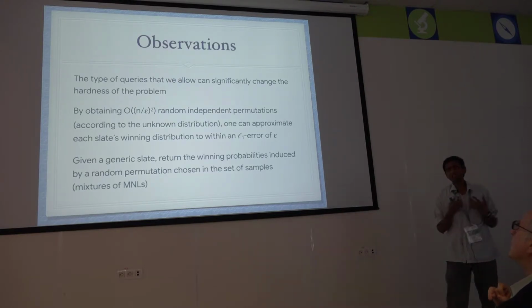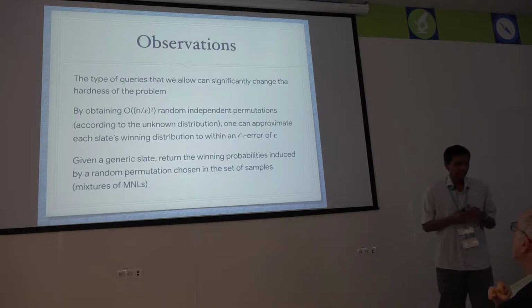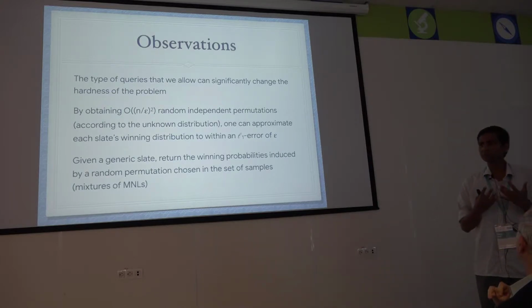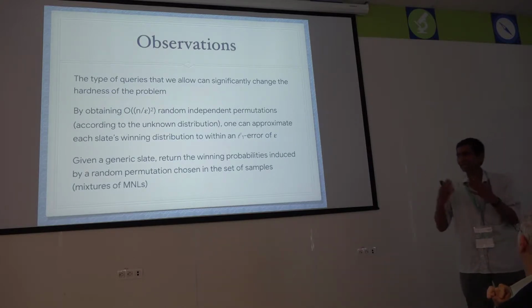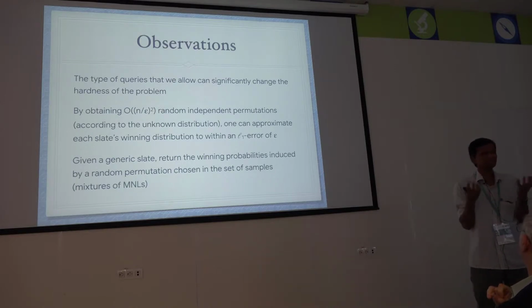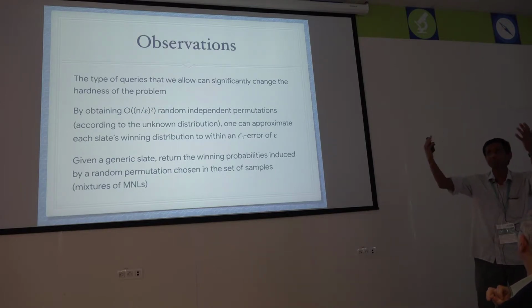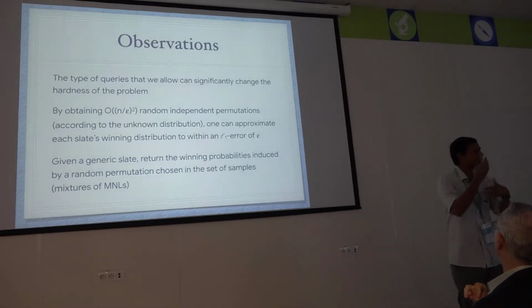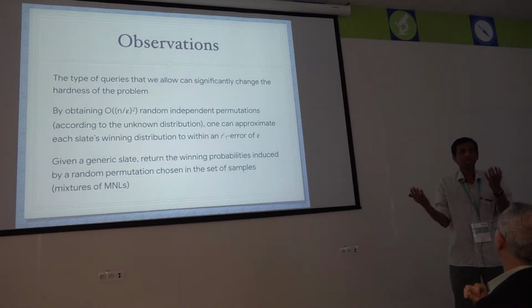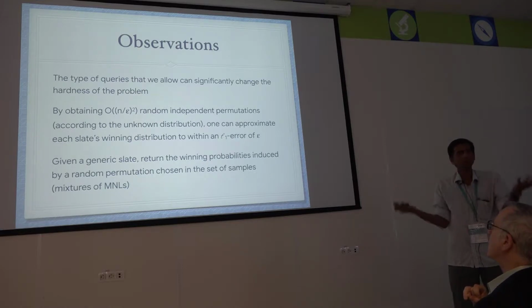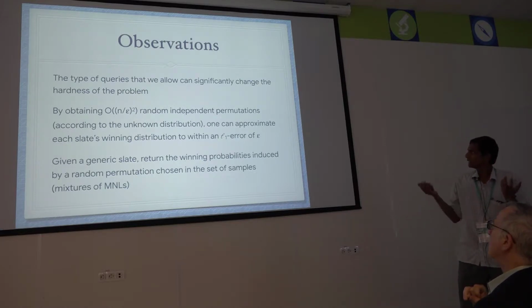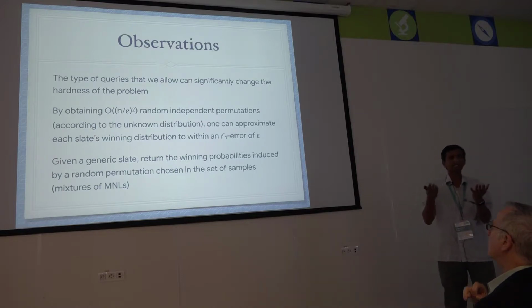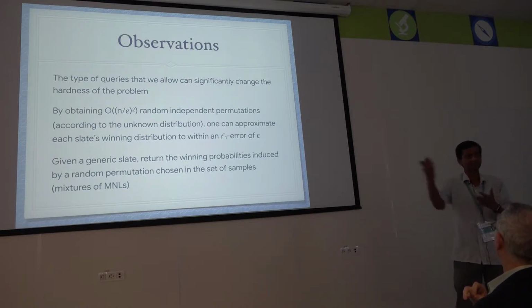Okay, so the first observation that we want to make is that the actual learning problem will depend on what kind of access I have to the oracle. Remember, here it's like an oracle model, right? Somebody gives me the distribution, so I have access to the distribution. I could maybe query and get some samples from the distribution, or I could give a slate and get the topmost element from that. So it will turn out that the complexity of the problem will depend on what exactly you allow the algorithm to access from the oracle.